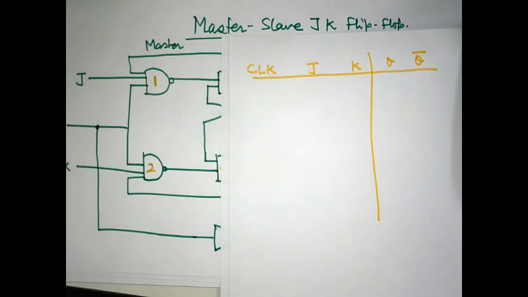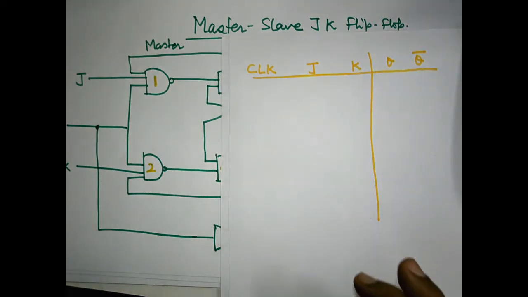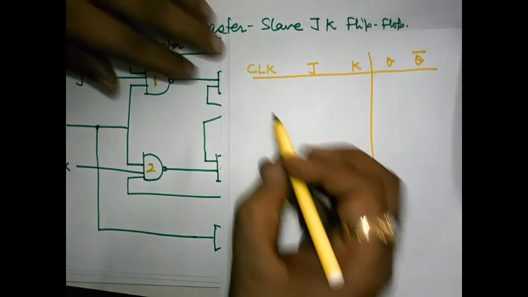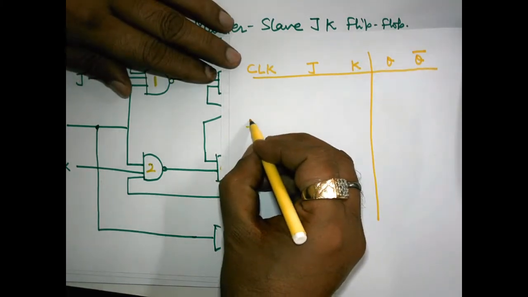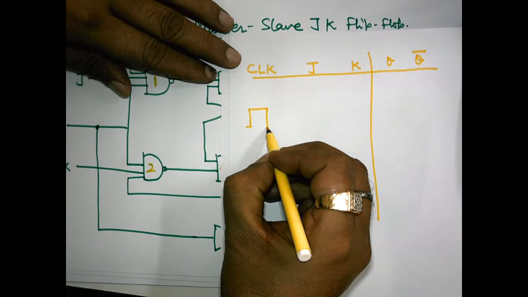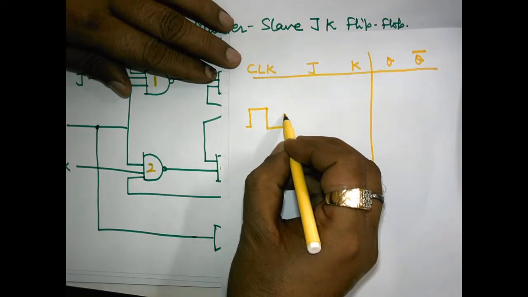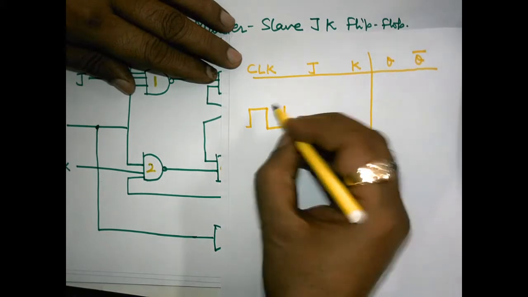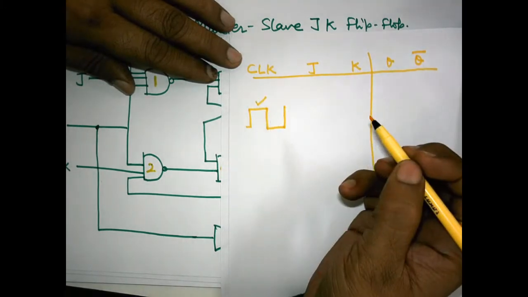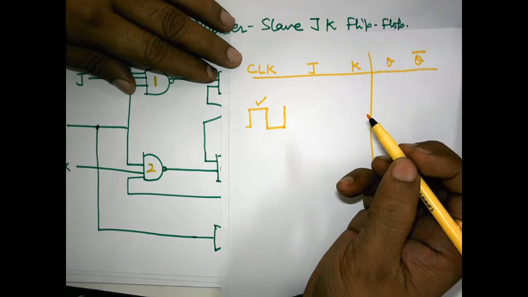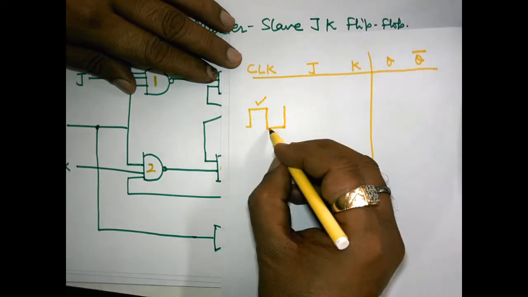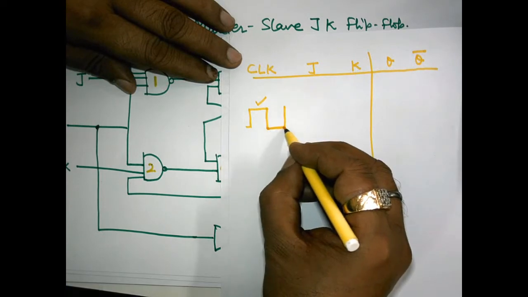Okay, now you see, just to start with, here we do not apply edge triggering of the clock, rather we apply level triggering, and we consider the operation of the total circuit in total period of the clock. This means we observe what happens in the master part of the circuit when the clock is 1 and what happens in the slave part of the circuit when clock is 0.